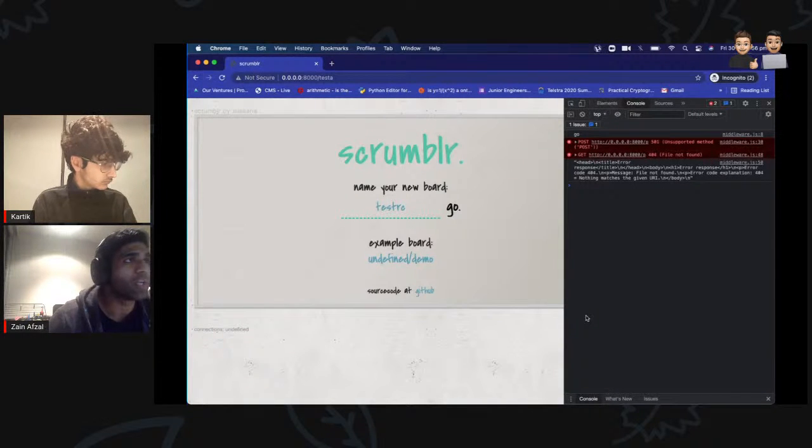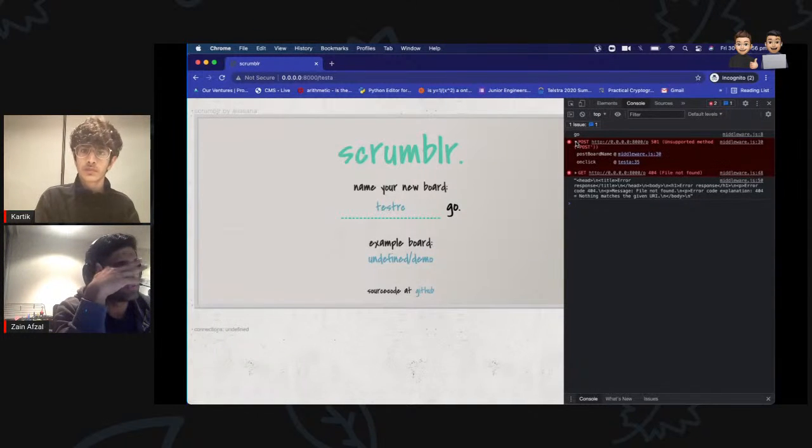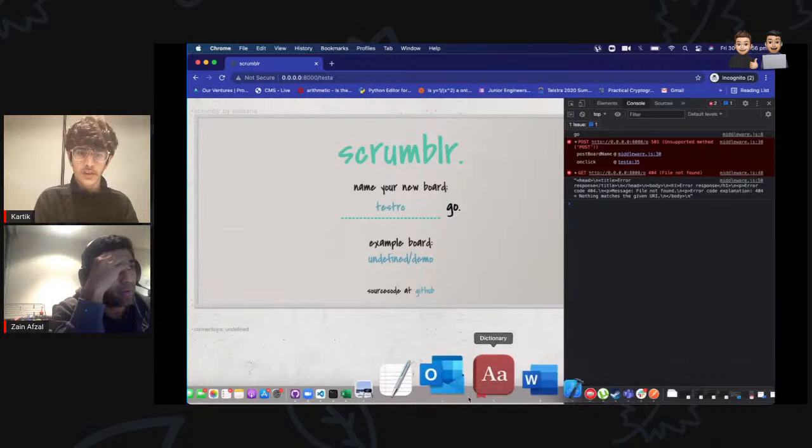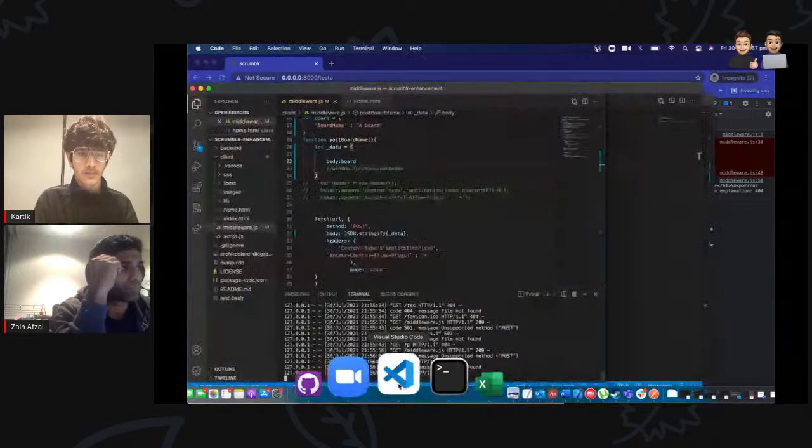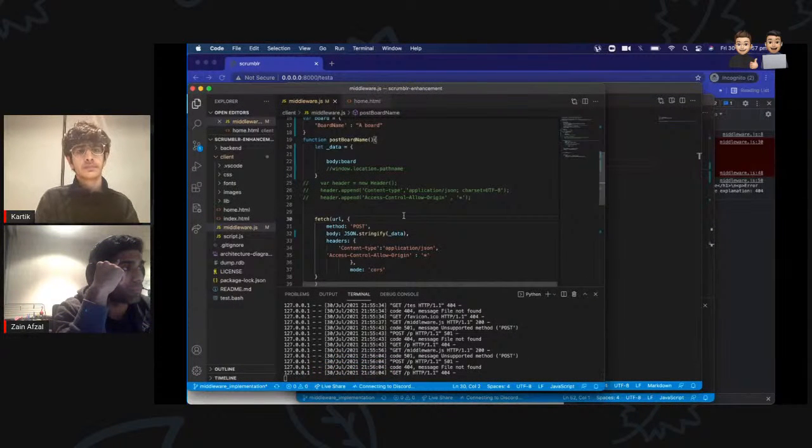Can you expand that arrow for the first post? Which one do you want to get? It's coming at line 30. It's the fetch API with header. It's this one. Line 30.